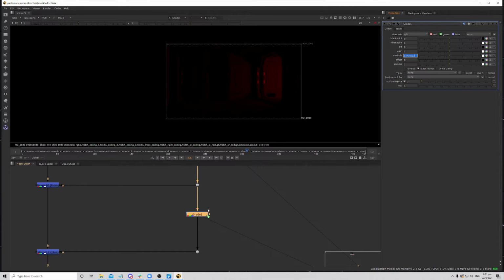Okay, then let's just preview a few frames. Okay, and then let's just take a look. Yeah, this looks a bit too slow though. Okay, I think I will just keep it as the